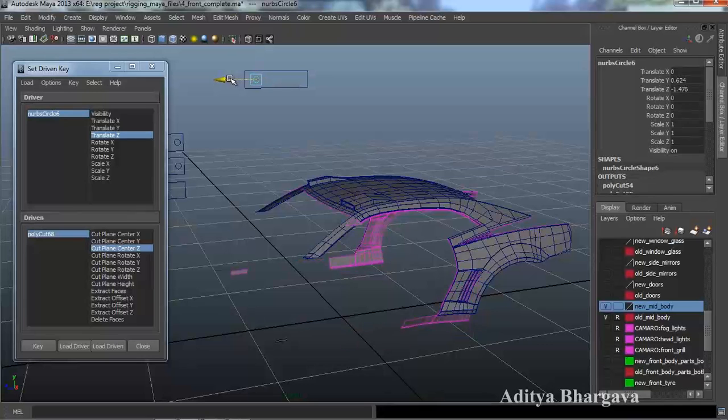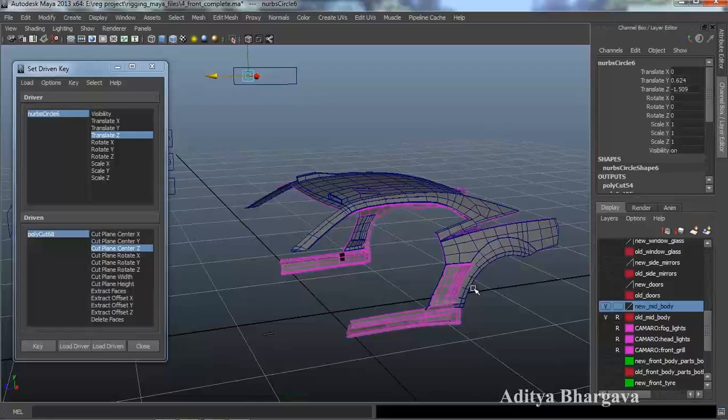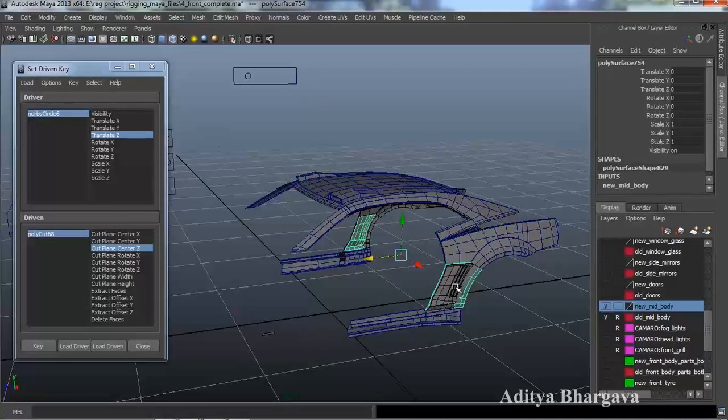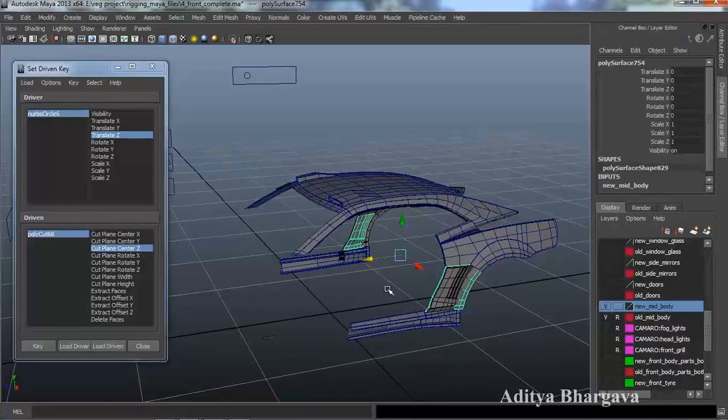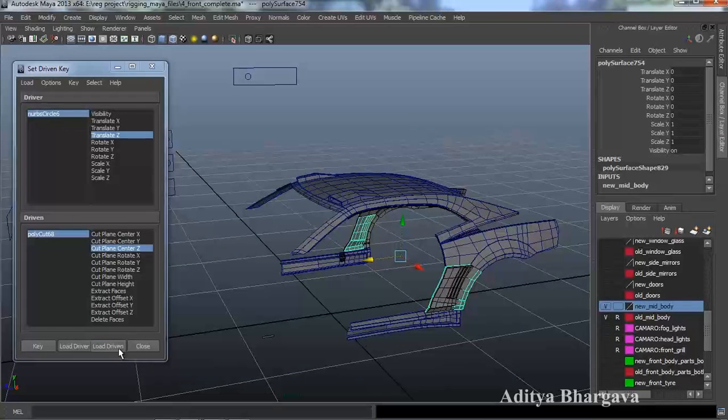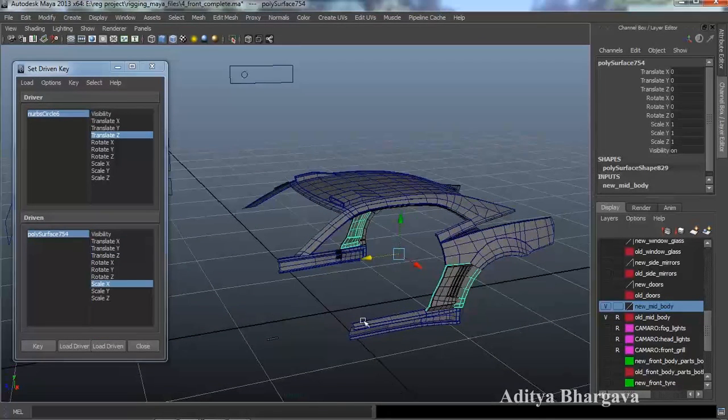We'll make this object hidden until this part goes off the visibility. So we'll select this new layer, make it a driven object, select the scaling X, press R, take it inwards,